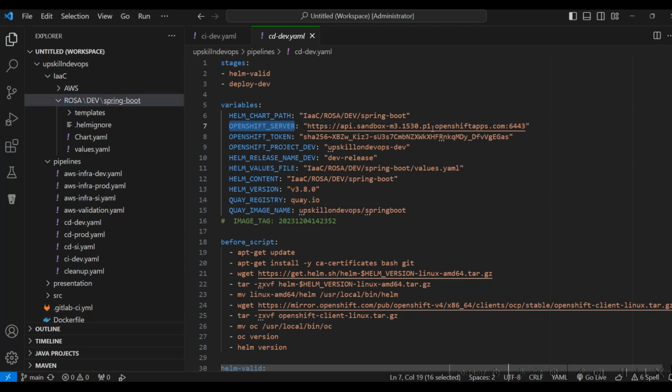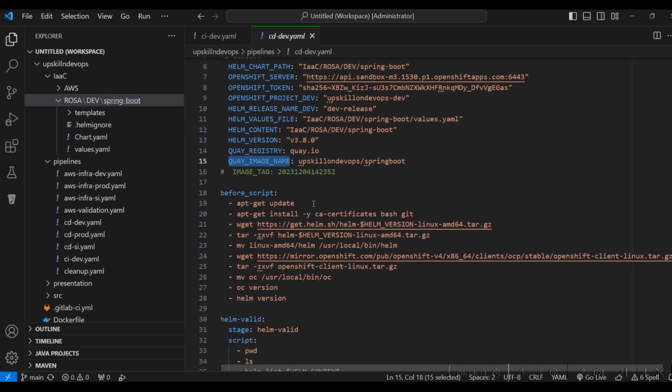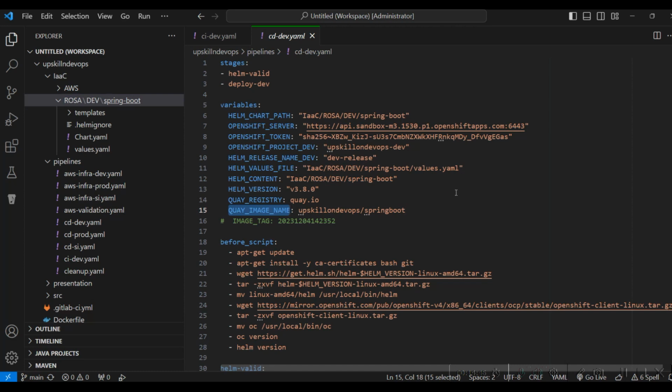You need to pass the OpenShift server, the OpenShift token, and the OpenShift project. You need to pass the Helm release name, and also the Helm values.yml file, and the Helm content. Helm content and Helm chart path are both the same. You need to pass the helm version, and the queue registry and queue image name. Okay, so after passing all these variables,